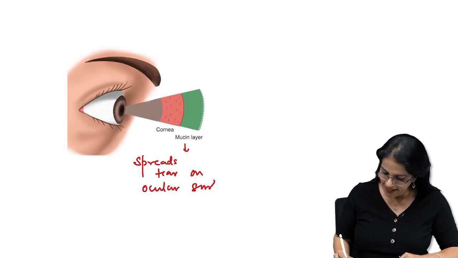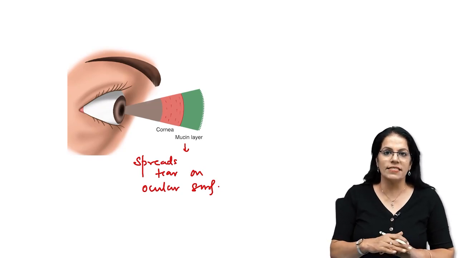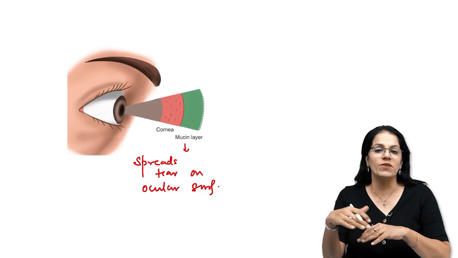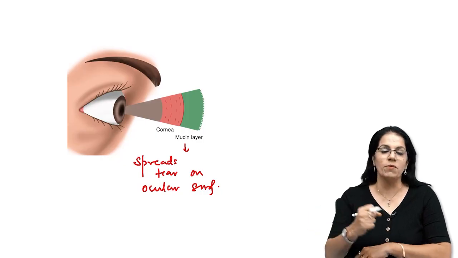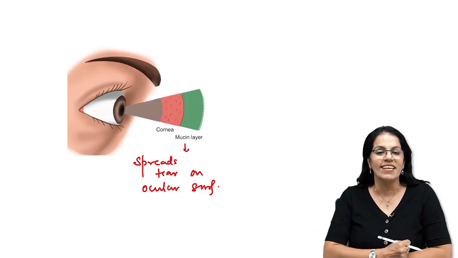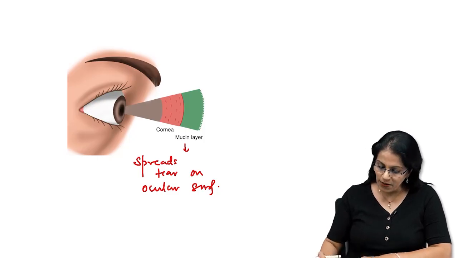Isn't it? Understood? Right? So, by decreasing the surface tension, it is helping to spread the tear on the ocular surface. Normally, if water is falling, it becomes a drop due to surface tension. Padha hai na physics? So, this is what mucin is doing, right? Next layer is your